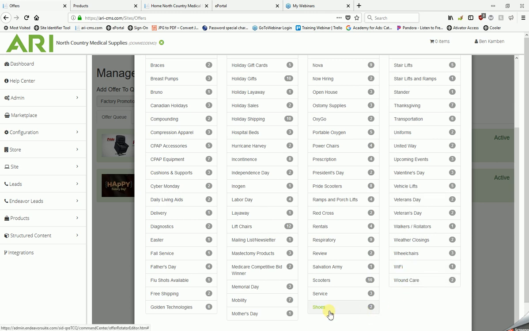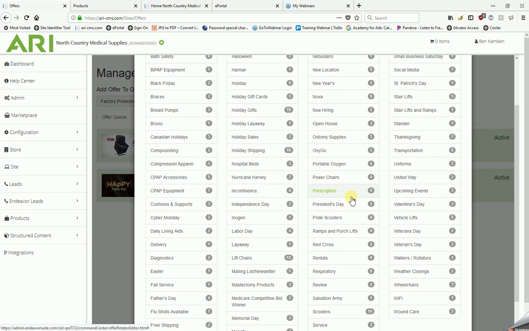Come in and check out our large selection of orthopedic shoes. We provide rentals. We provide respiratory therapy for individuals that ask. Or we're having an open house soon. Come on in and meet the team. Things of this nature. Now let's say that you were going through a hiring process at your store and you